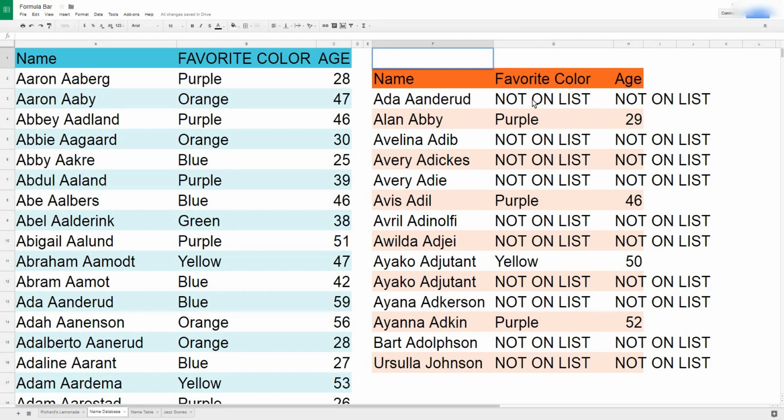Just for reference here, this is what I have in my formula bar. I've got an IFERROR. I say look up basically the name, pull back the favorite color, and if it's not there, it gives me not on list. So that's why I have that not on list. Anyway, looking at this